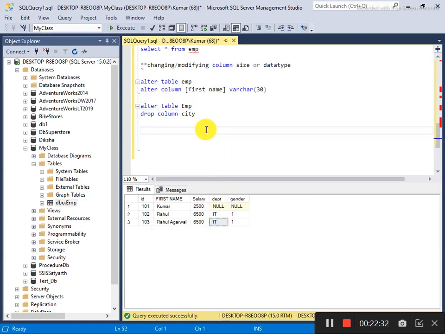And if you want to rename a table, I have a special command, like a stored procedure. So simply I say here, sp_rename.